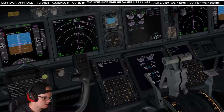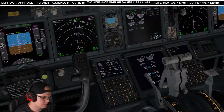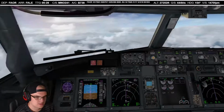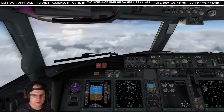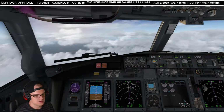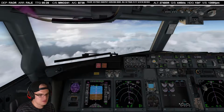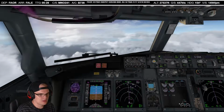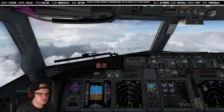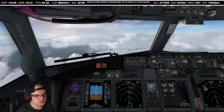Otherwise, we are looking good. Let's see. Fuel in Durban, 8 tons, no issues. And no fuel leak. If we had a fuel leak, we would have noticed by now that one of the engines, one of the tanks was going down significantly faster than the other. The reason why there's a difference between the two